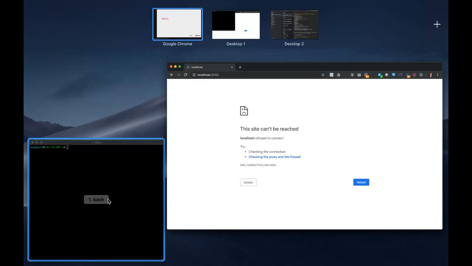So let me switch to the demo. I have this quick project, so let me move over to that and open VS Code.